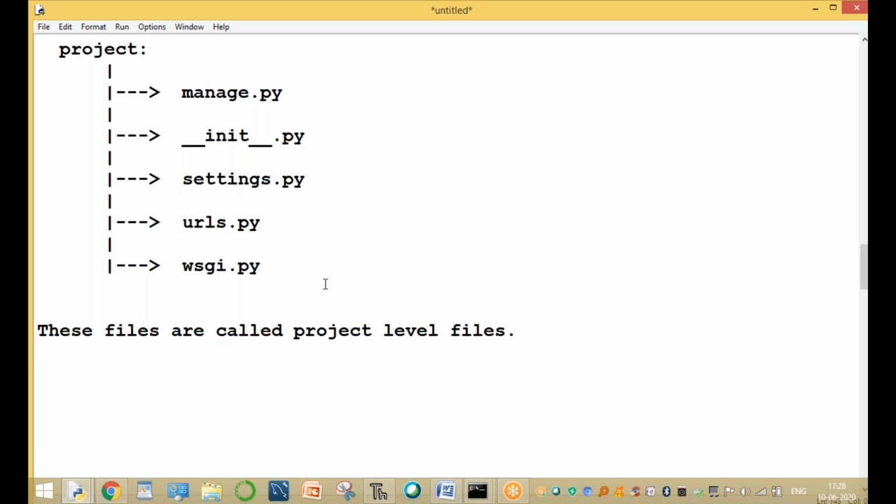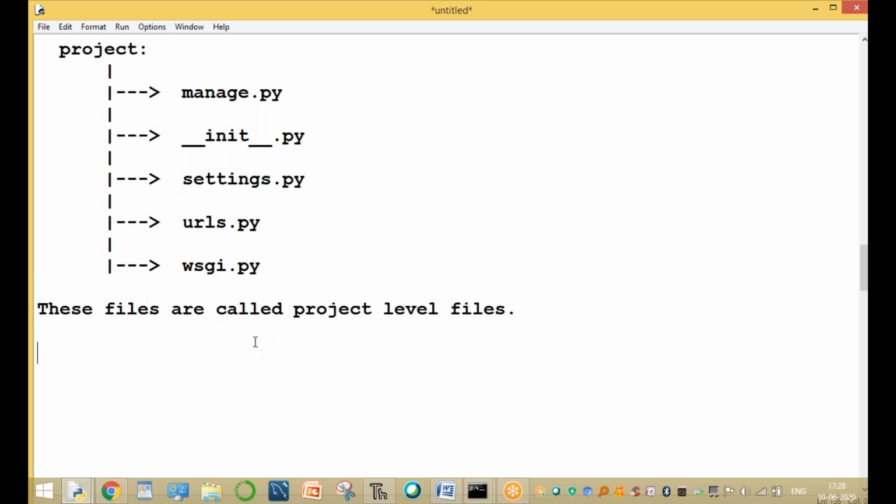Now these files are called the project level files. What is the manage.py file? What is the init.py file? What is the settings.py file? What is the urls.py file?